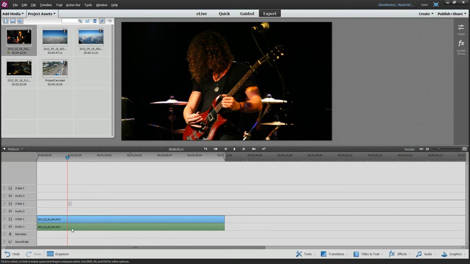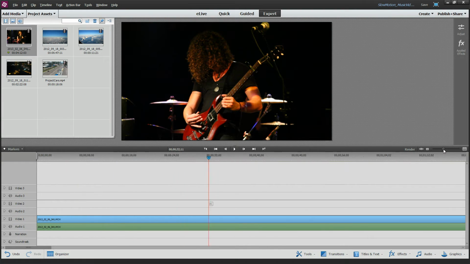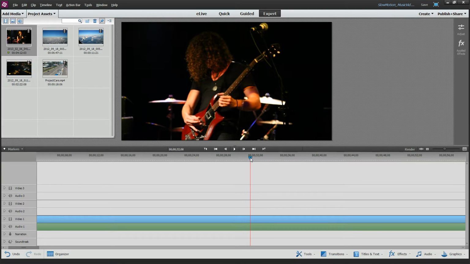Also, I'm going to actually throw away the live audio here and put in the actual track from the CD. But at any rate, you can always use the timeline slider here to figure out exactly where you are and line your tracks up that way. Now that they're separated, let's go ahead and clip the video right about here.